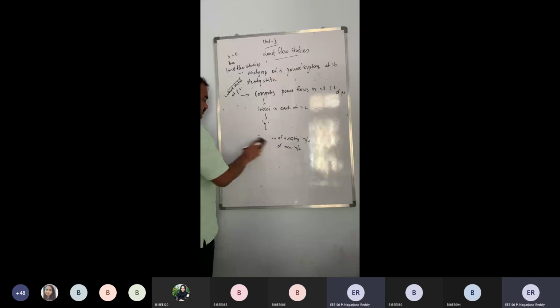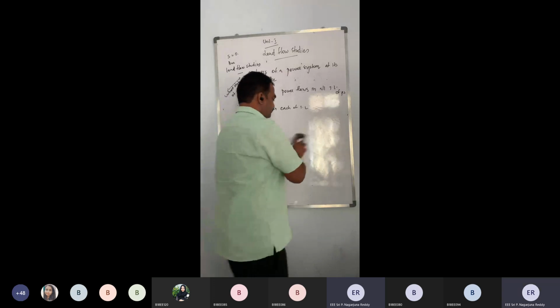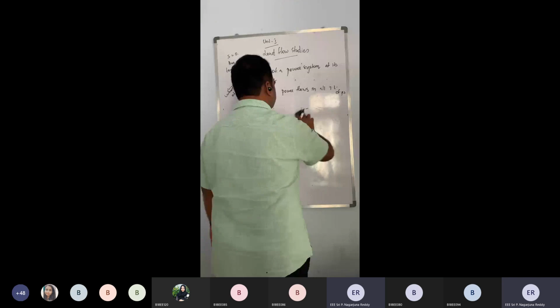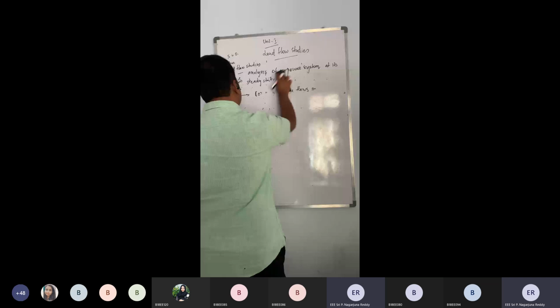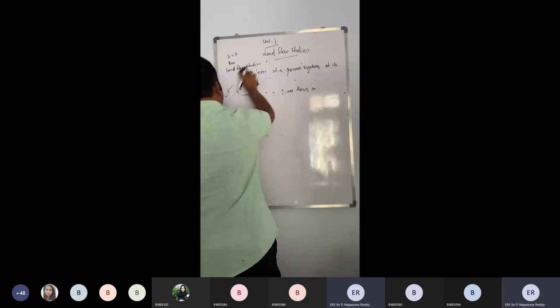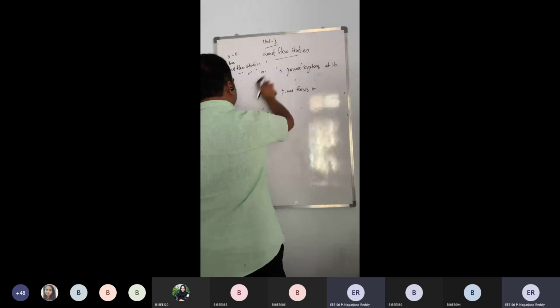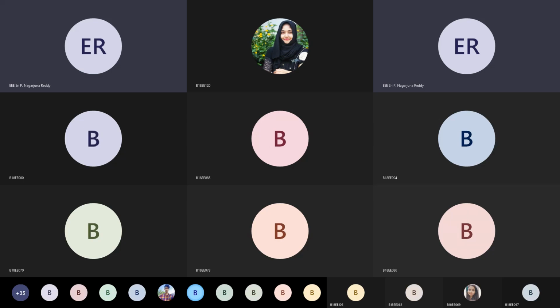Sir said that bus is so important in load flow studies. In fact, the concept of bus is used extensively in all power systems, be it in the transmission sector. Even if you go to NPDCL or SPDCL, they don't consider the bus; they always consider the terms of generators and units. So now let's see what the concept of bus is.